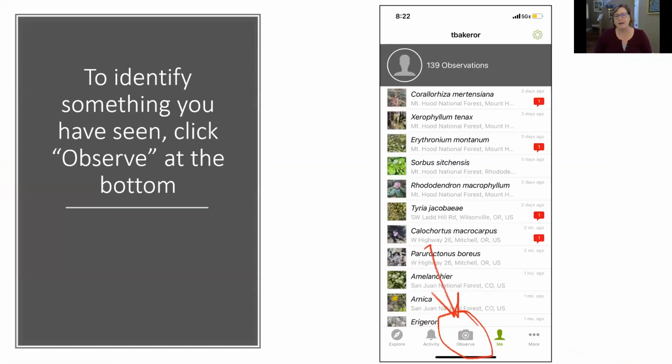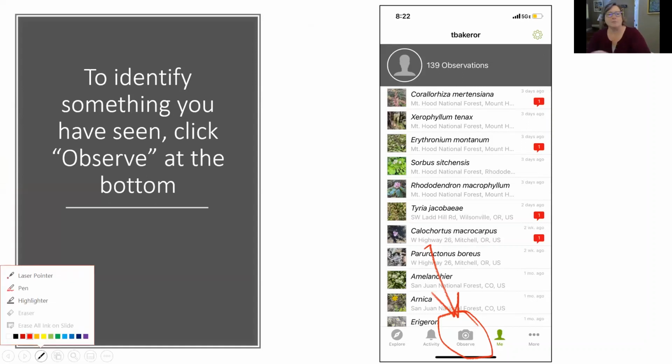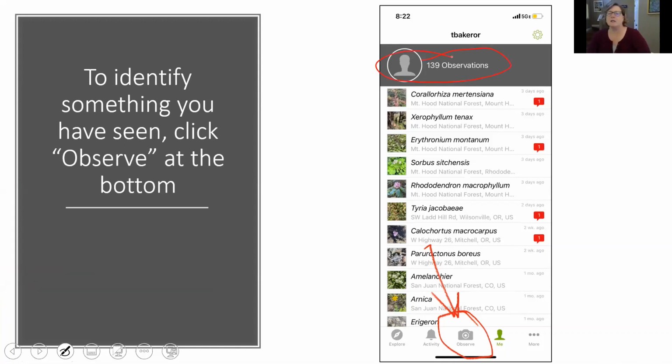So you should have 0 observations. Up here at the top, where it says, for me, it says 139 observations. For you, it would say 0 observations, and that's totally cool. Okay, what I want you to do is go down